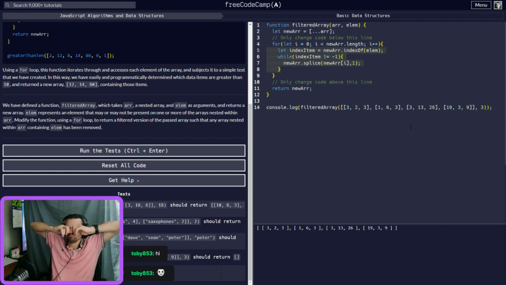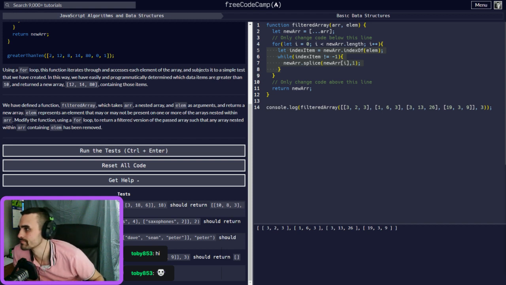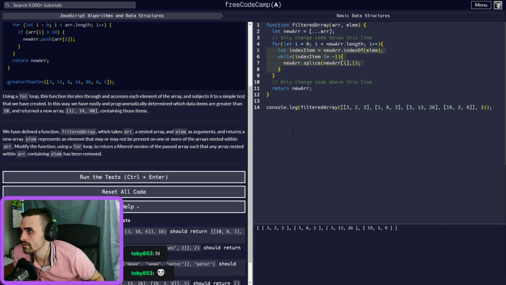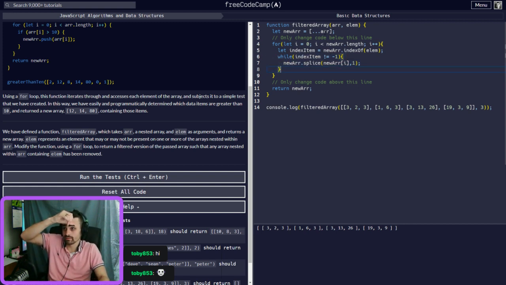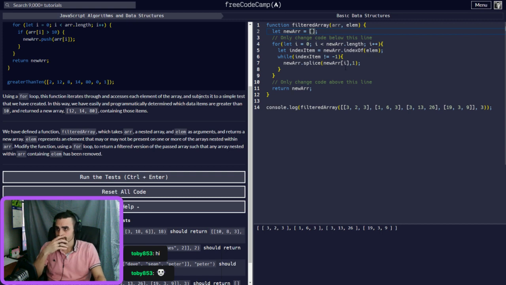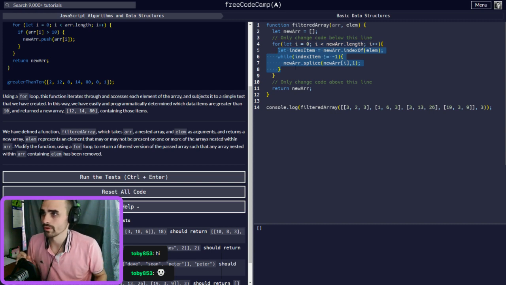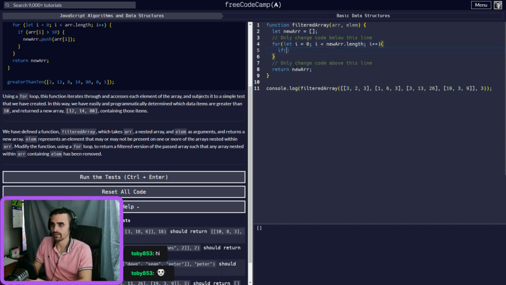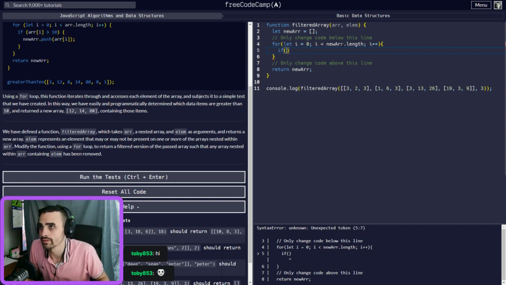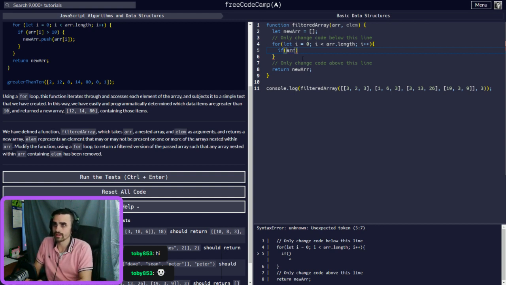Just trying to figure some loops stuff out. Necessary element as arguments. Okay. So we could do this. So instead of the new array being blank, if it doesn't contain that, then we will push it in here. Now we're not going to do this. We're going to do array dot length, if array dot